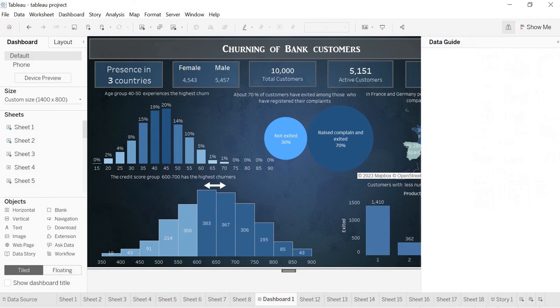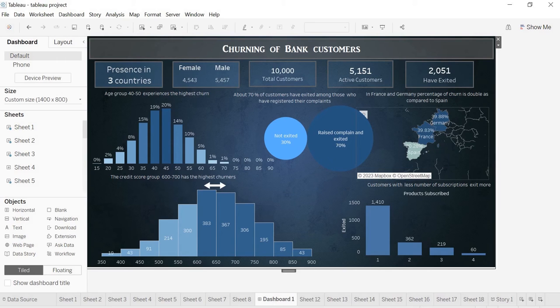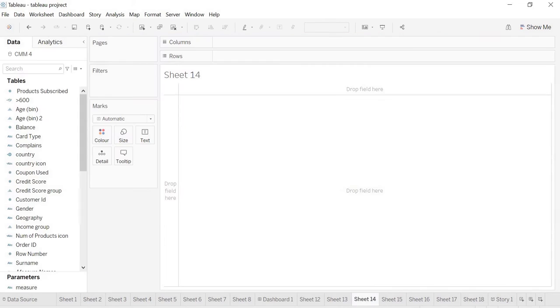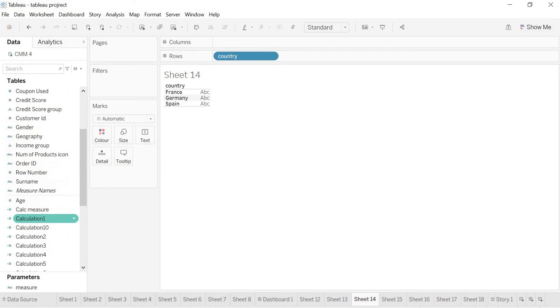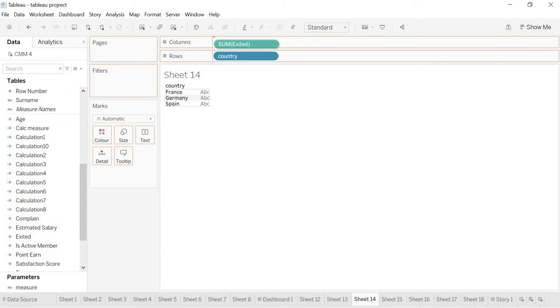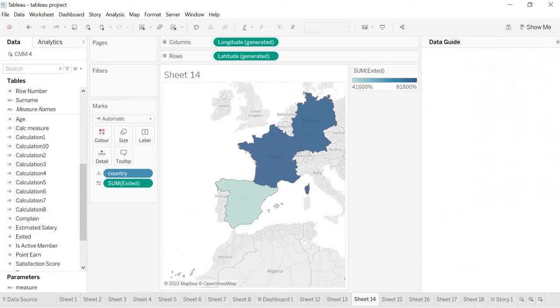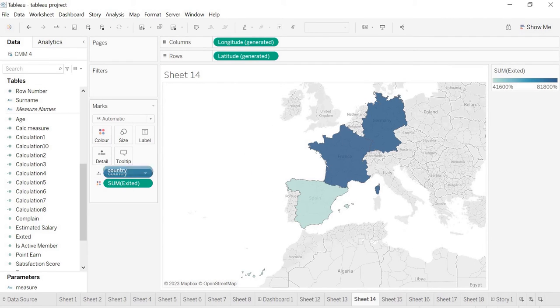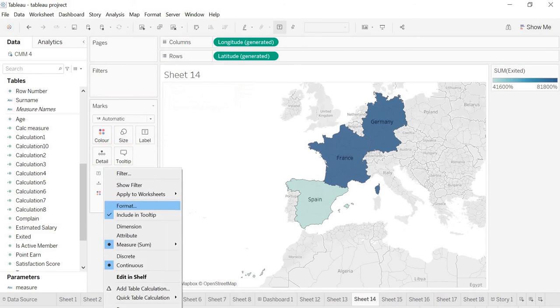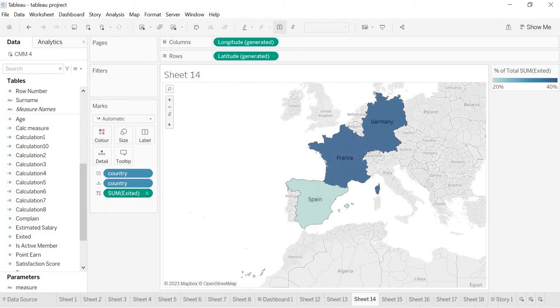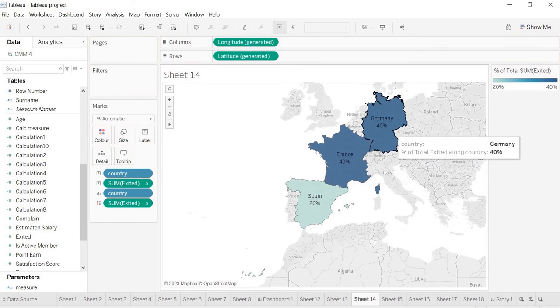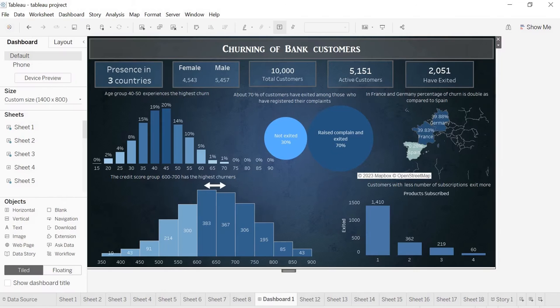The third visual shows segregation based on country and it is a map. In order to create this map, I will put country in rows and sum of exit in columns and then I will select the field map. I would put country into label and then go to quick table calculation and make this percentage of total. I will again drop this into label. It clearly shows that in Germany and France, the churn record is double as compared to Spain. Going back to the dashboard,